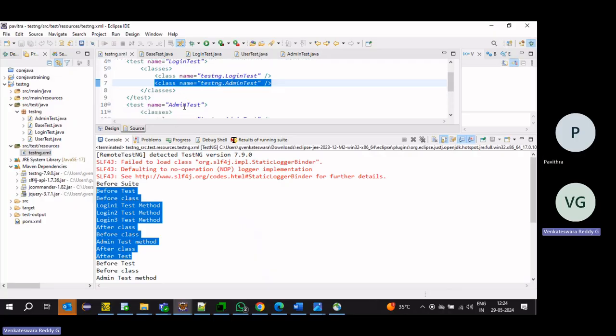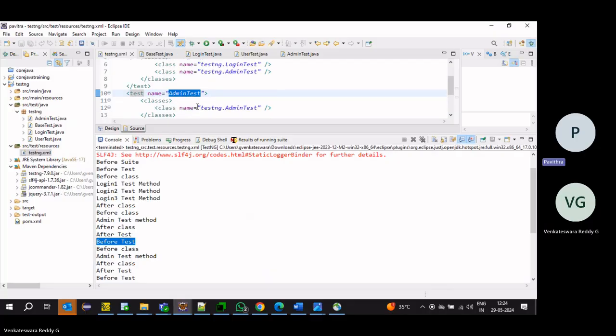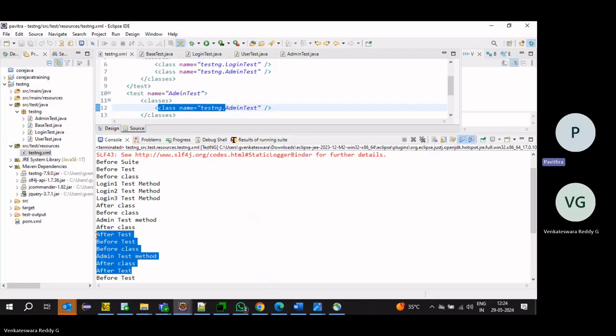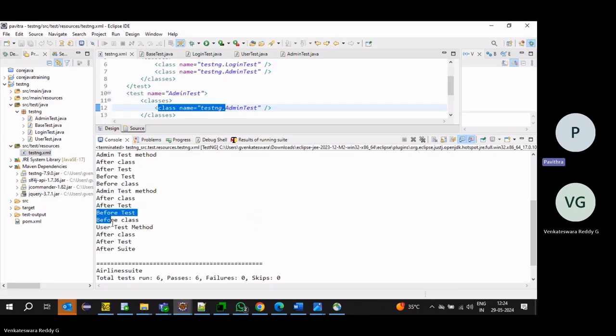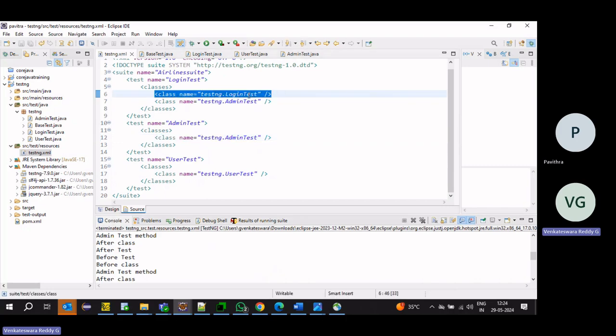Then the second one: before test is executed, then the first class started, before class, test methods executed, after class, after test. Then the third module is completed.